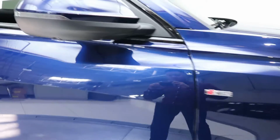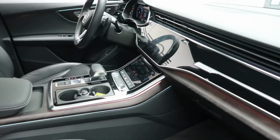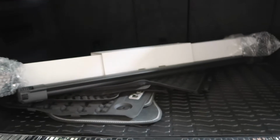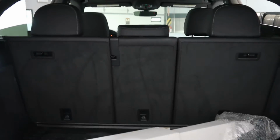S-line badging, black leather interior, gloss black trim, panorama sunroof, rear climate controls, rear heated seats, trailer hitch, Q8 quattro badging, power liftgate, clean set of all-season and regular floor mats, cargo cover, fold down rear seats,